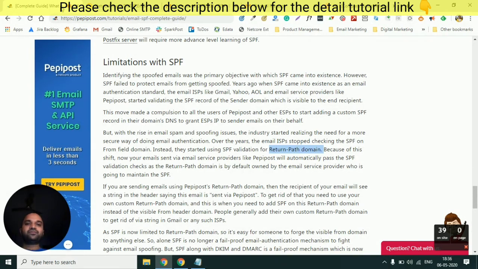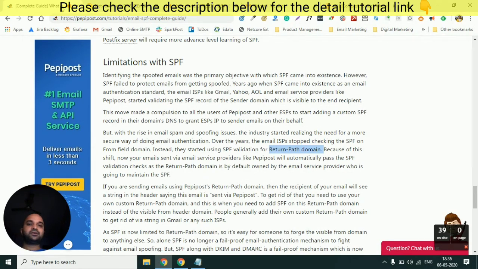You have to check with your email service provider whether they are doing SPF on the sender domain, that is the visible from domain, or on the return path domain. If they are not doing the SPF on the return path domain, then please make sure that they send your emails with SPF done on the return path domain.